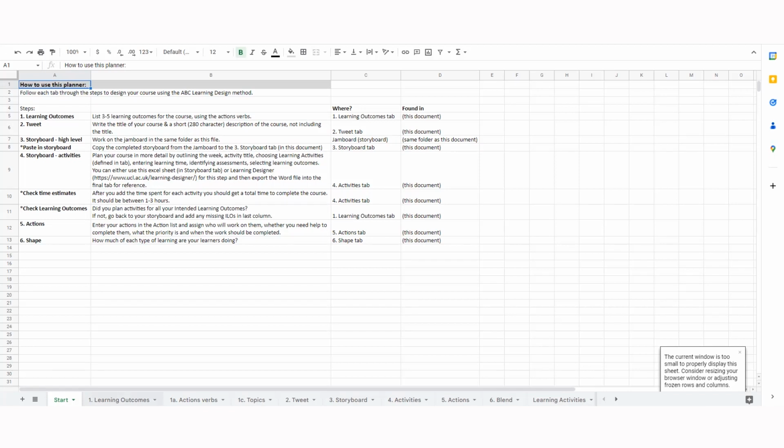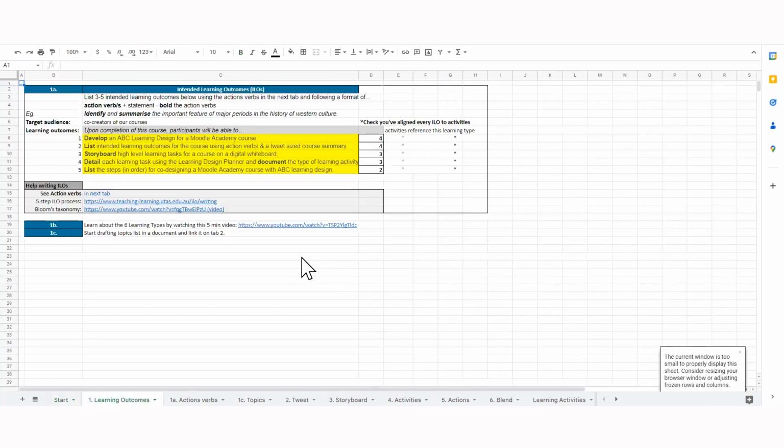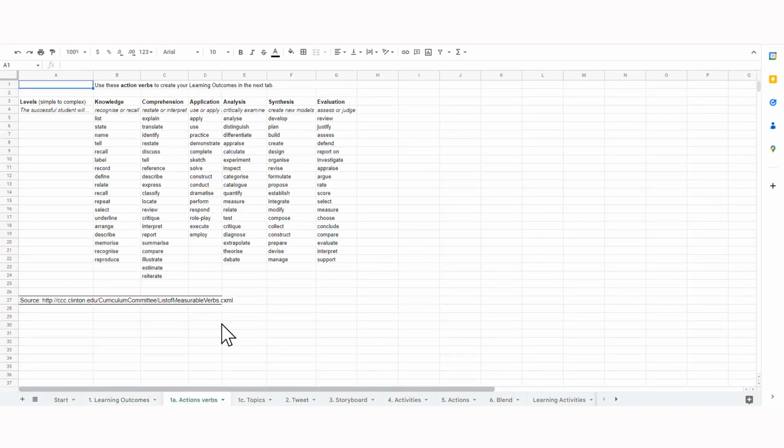And we move along then to the next tab, which is the learning outcomes, which I've developed for this course. And you can see at the start, when you start doing this, these will all be in red and black, or say 0. And then because I've aligned these to our activities and our assessments, they're showing how many times they've been referenced in the plan. And that's the detailed activities plan.